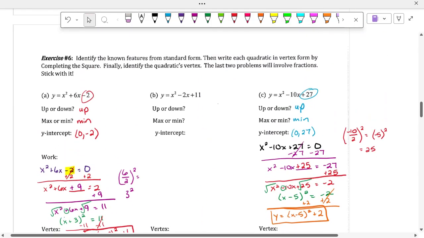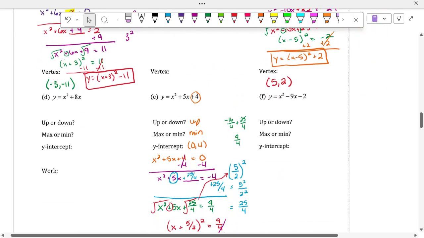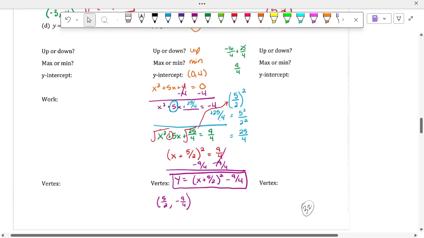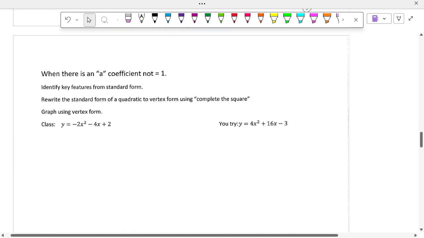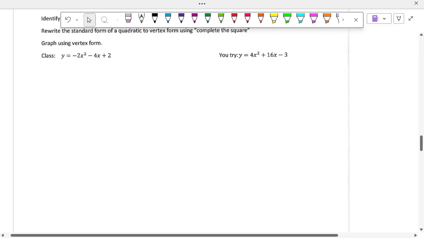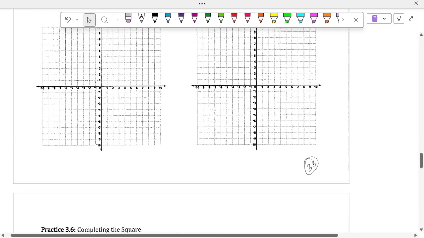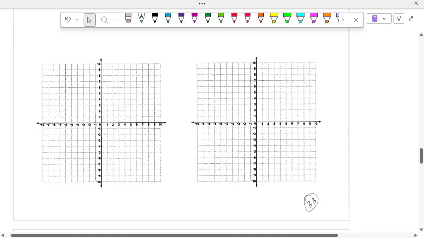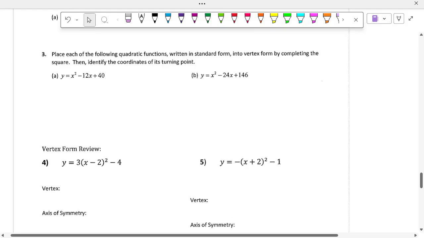All right, guys. So I want you guys to try B, D, and F on your own. I will post the keys to it in Canvas so you can check your work. And then your homework for tonight, we'll do page 33 together as a class tomorrow because it's a little bit iffy and I want to actually be there to explain it to you, not just have you guys watch a video.